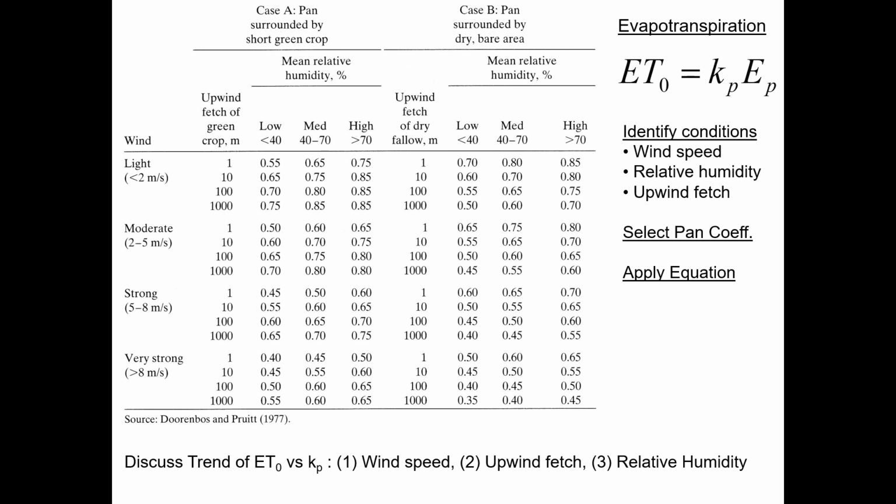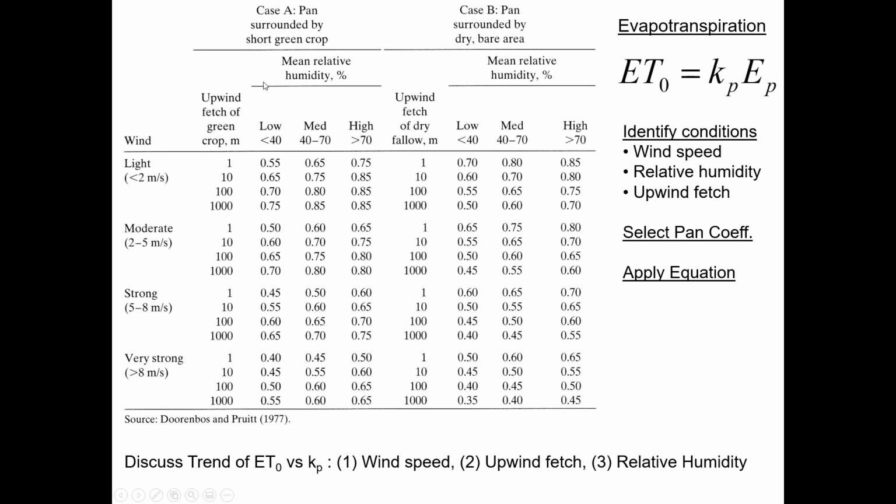If the pan is surrounded on all sides by the crop, then it may be that the crop's evapotranspiration is saturating the air, so by the time it gets to the pan, there isn't going to be as much evaporation as there otherwise would be in an upstream location that didn't have that moist air, where the plants hadn't already evapotranspirated. So you can see that a variety of different factors are accounted for, including